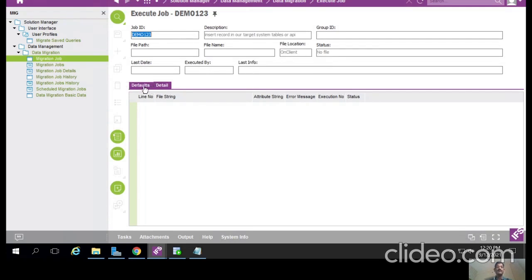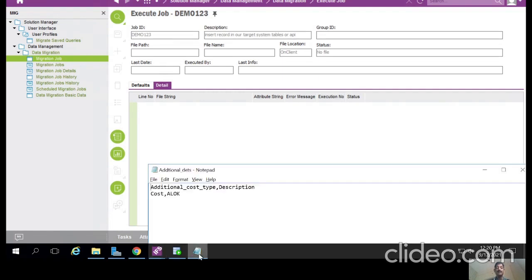There are two options, default and detail. No need for any section, so we are going to the detail section. The detail section right now is empty. So here, first we choose the file.